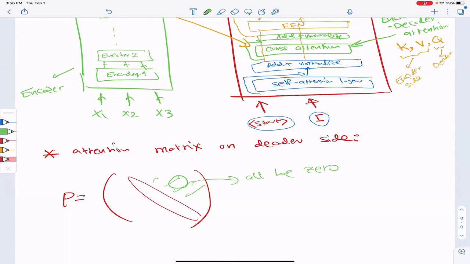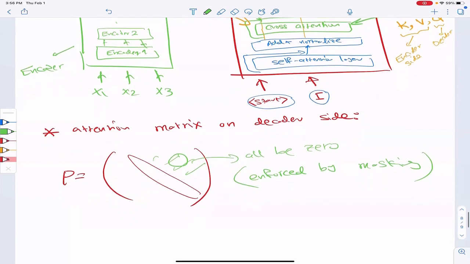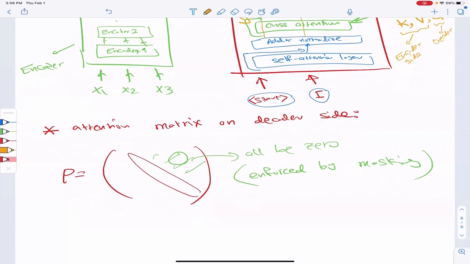So when it is passed through the softmax, it is automatically going to be mapped to 0. So this is called masking. Enforced by masking. Believe it or not, that is it